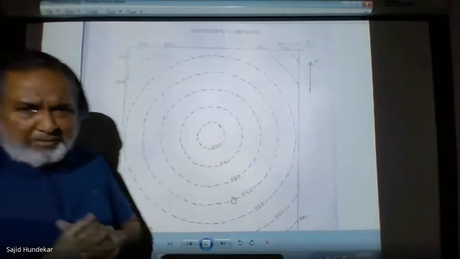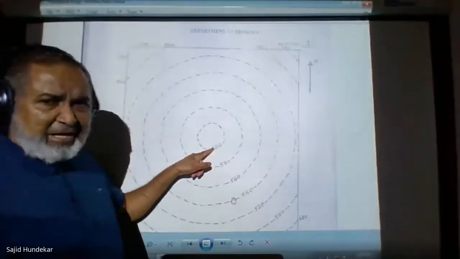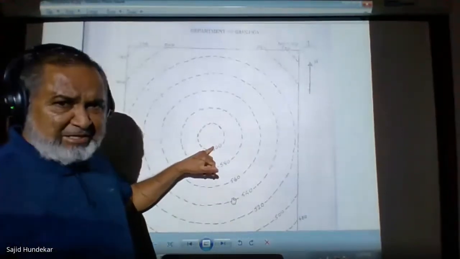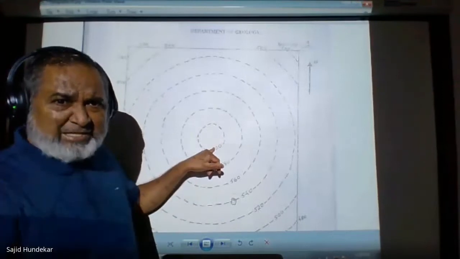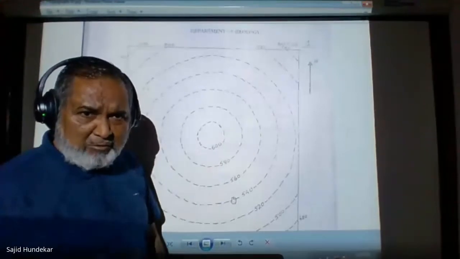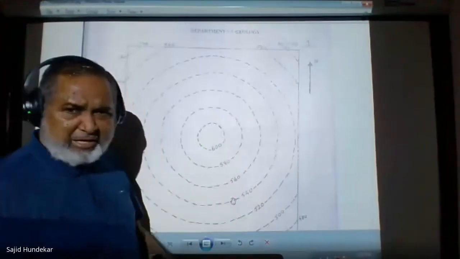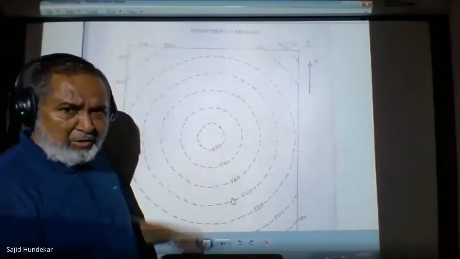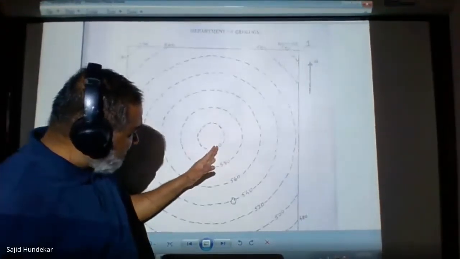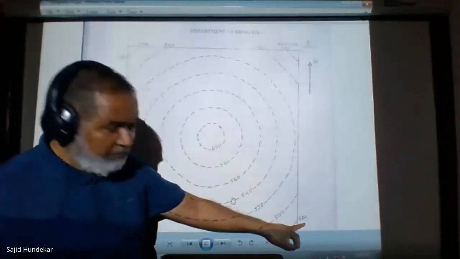For example, our college building has 3 floors. Now 600 means you are on the geology department floor, so the height of that particular floor is 600 meters. If you go down, it is like walking down from the street step by step. At the next step, the contour interval goes down again by 20. So from the third floor you go down to the ground floor, and the ground floor is 480.